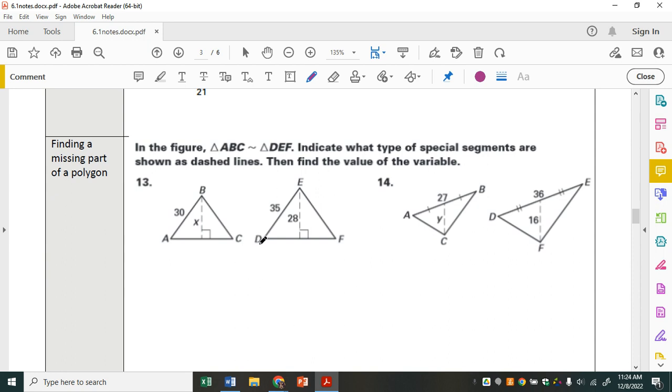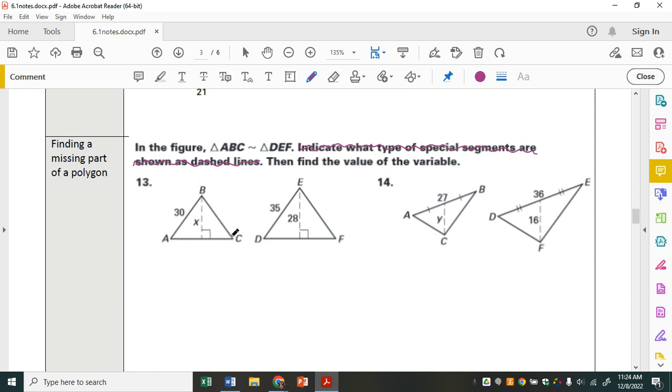Okay, in your next part here, it says in the figure, triangle ABC is similar to triangle DEF. Indicate what type of special segments are shown as dashed lines, then find the value of the variable. We have not talked about the special segments and the names of them. We are going to talk about that eventually. But for right now, we don't necessarily need to name them. I just want you to use your scale factor and your proportions to help us figure out this value of